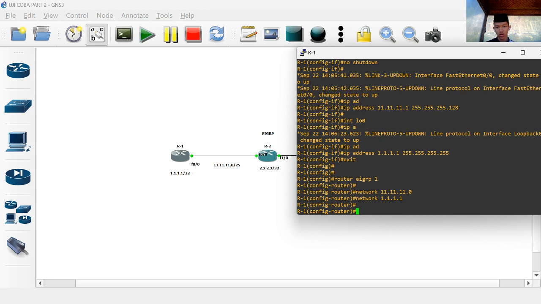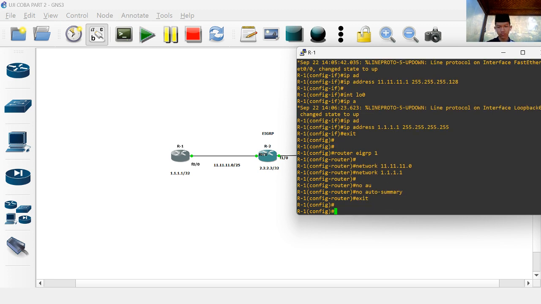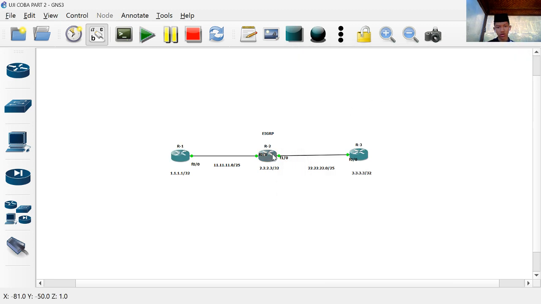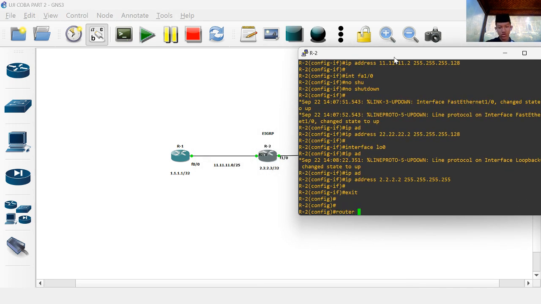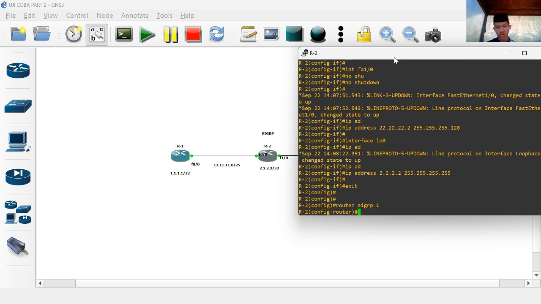And if you have already input the networks, you can add no auto-summary, exit. Then you can input the router EIGRP configuration on router 2. The number for router EIGRP must be the same as in router 1.